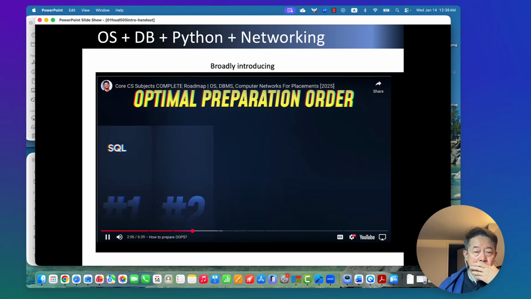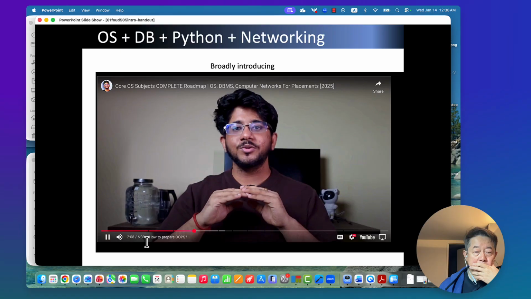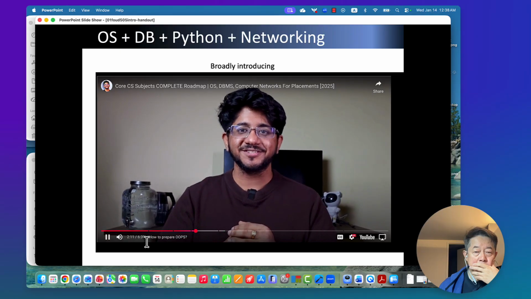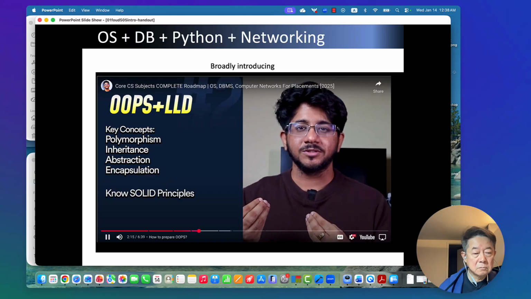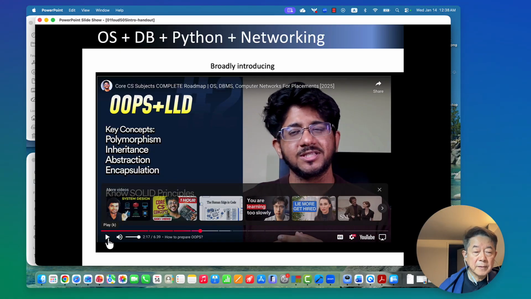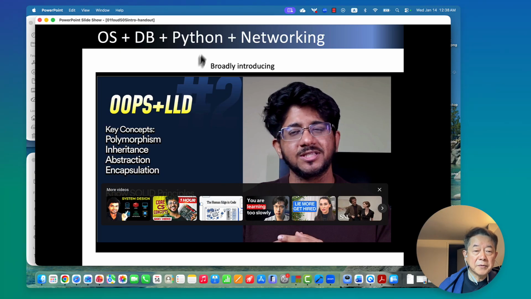After SQL, you can move to OOPS and LLD a little bit. I can tell you interviewers love asking OOPS questions these days. OOPS concepts like polymorphism, inheritance, a little bit around SOLID principles, abstraction, encapsulation. Also, when it comes to Python,